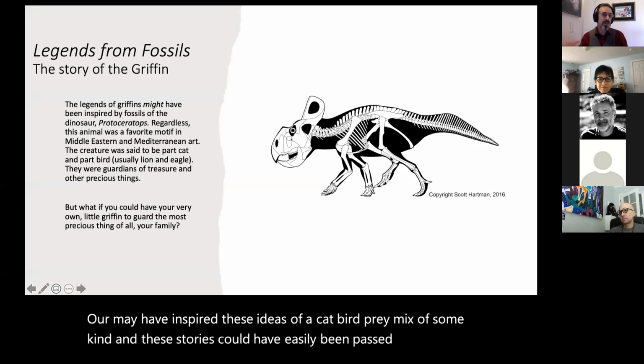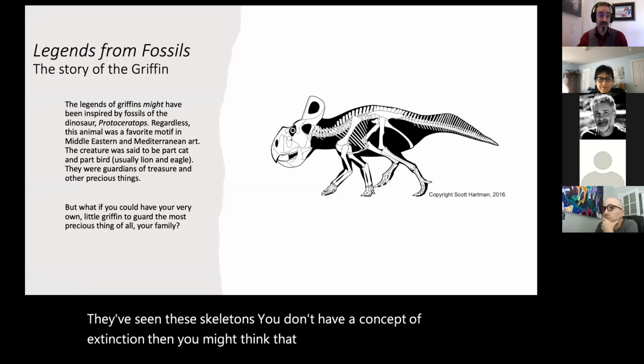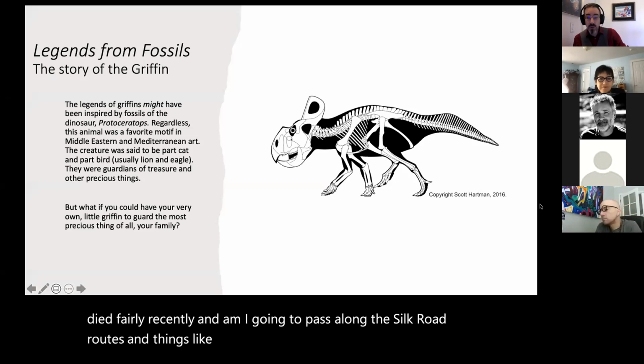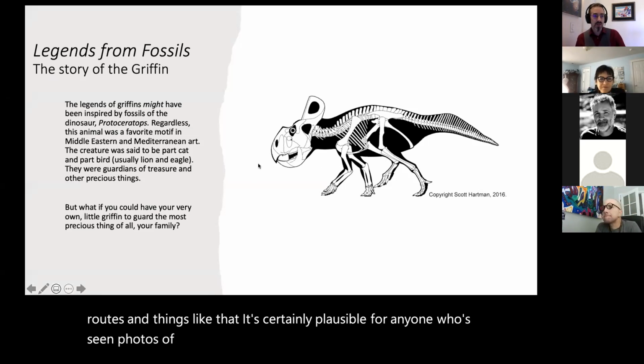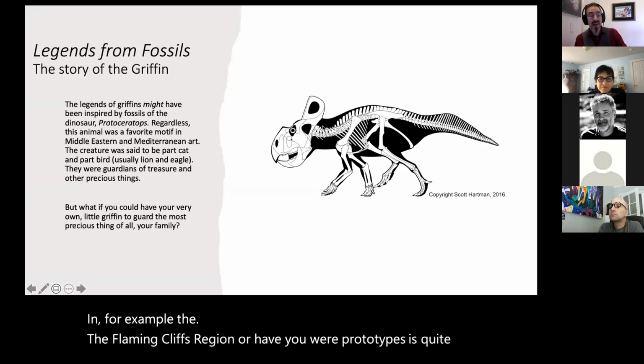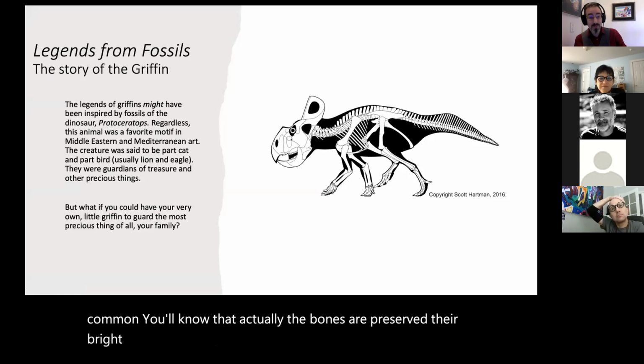You know, they've seen these skeletons. If you don't have a concept of extinction, then you might think that the skeletons are things that have died fairly recently, and it might get them passed along. You know, Silk Road routes and things like that. It's certainly plausible for anyone who's seen photos of the fossils in, for example, the Flaming Cliffs region, where Protoceratops is quite common. You'll know that the bones are preserved there bright white. They look like fresh bone,